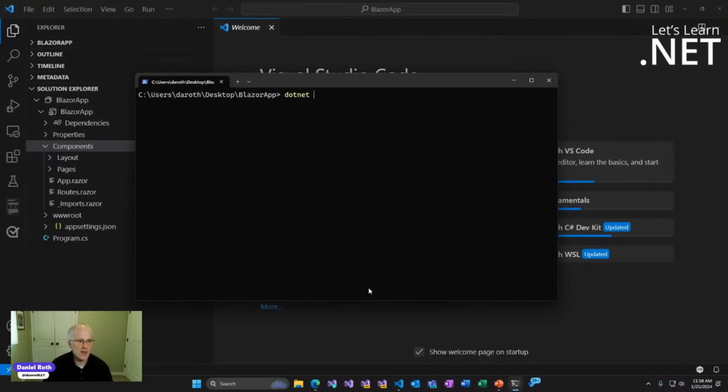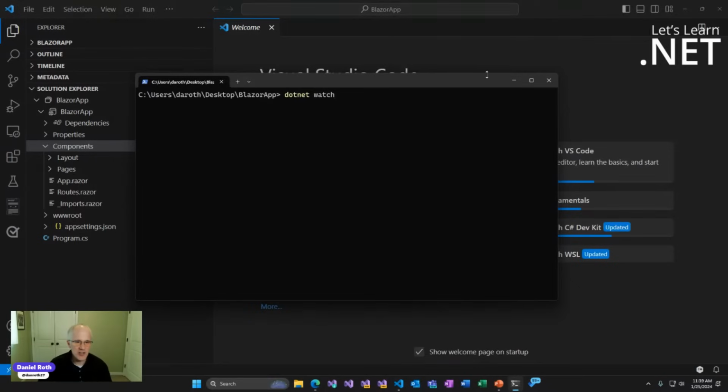And you can just run the command .NET run, and that will build and run the Blazor web app, and then you're done. A better approach that I'd recommend is actually to run .NET Watch. .NET Watch is a little tool that will not only build and run your project, but it'll also watch the project for code changes so that it can apply those code changes to the running app as you're developing. So you run .NET Watch, you then just go and code and then leave it running